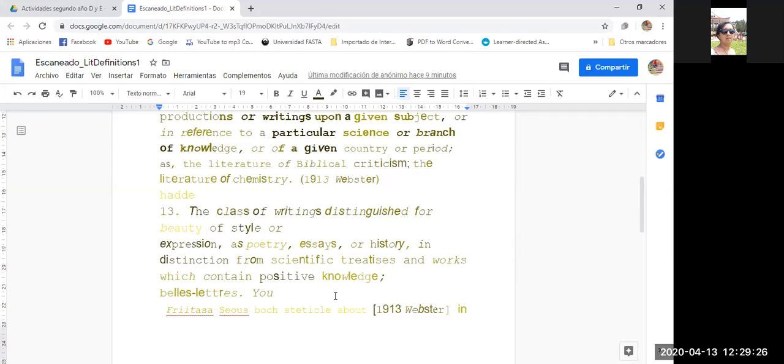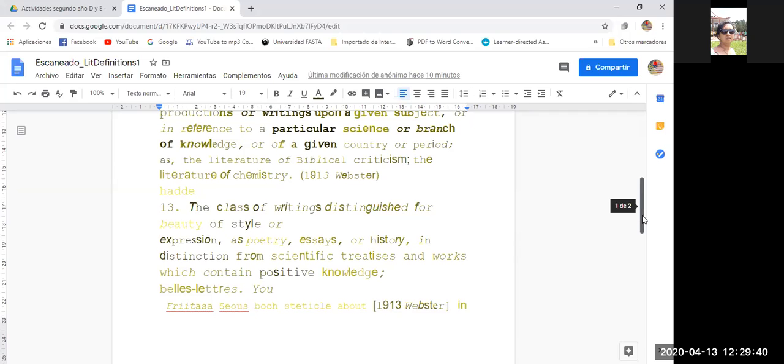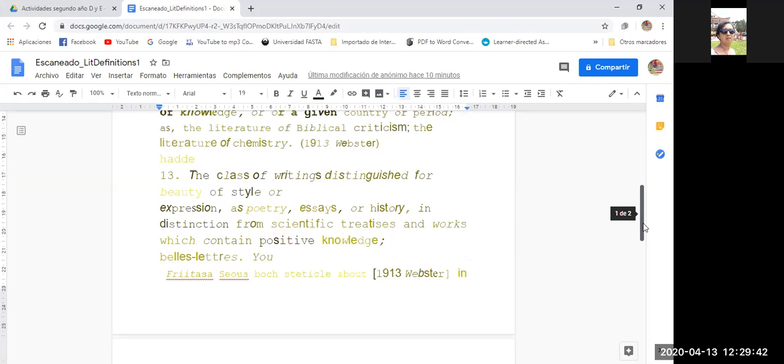So we often refer to literature as the belles lettres, which comes from French, to make a contrast with scientific papers or research, scientific writings, okay?